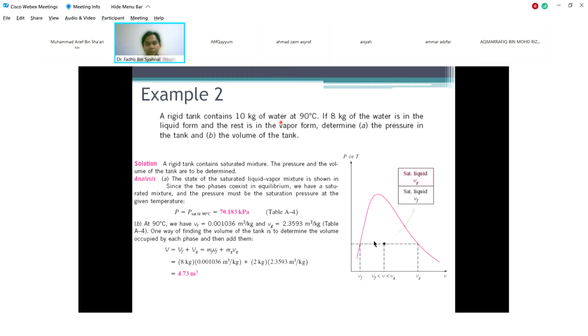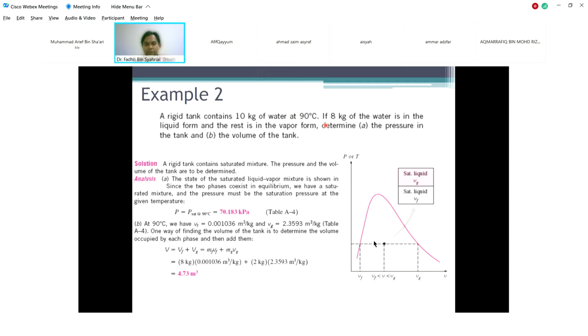Then next, of water. So water here is also the info, the clue for us, because basically in thermodynamics the substance can be water, gas, or refrigerant. If it is water, just write down substance is water. I will explain later on, but just keep writing substance is water. Next info is 90 degrees C. So temperature is 90 degrees C.